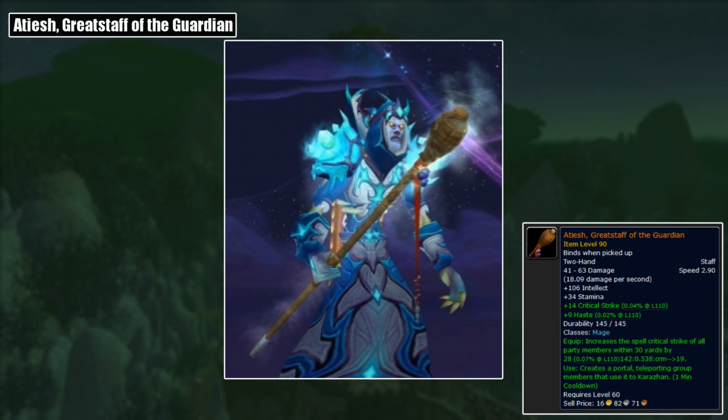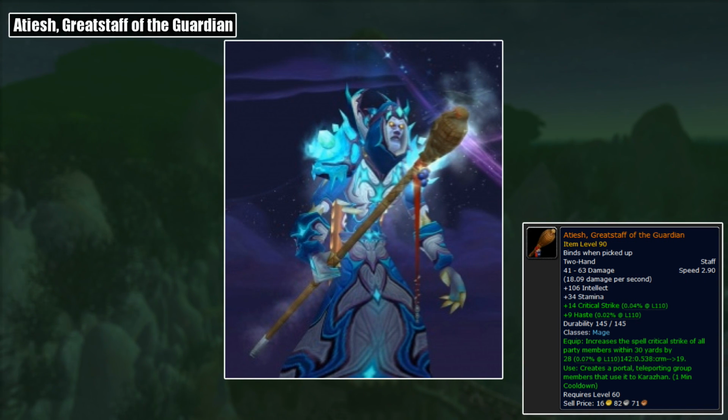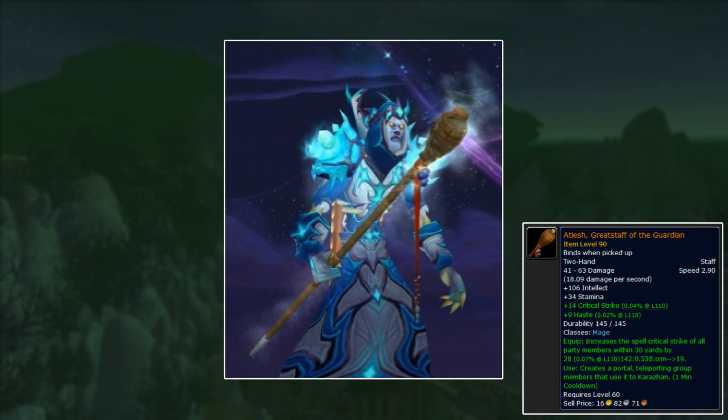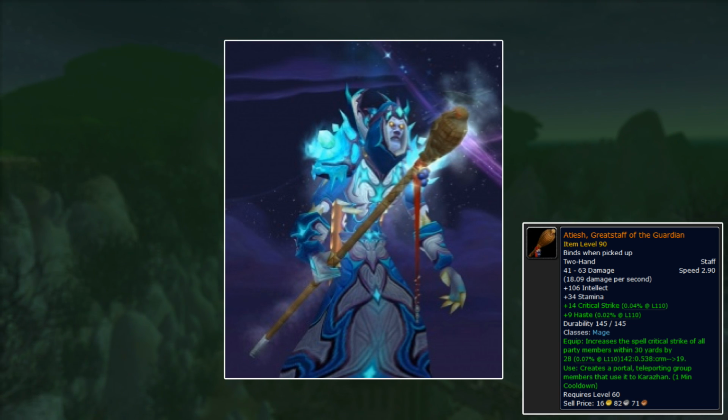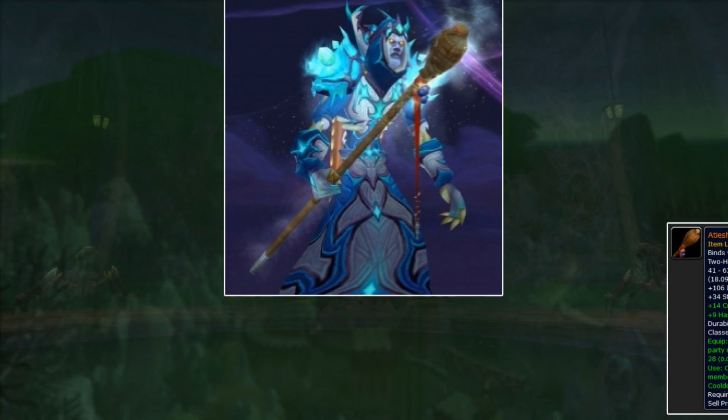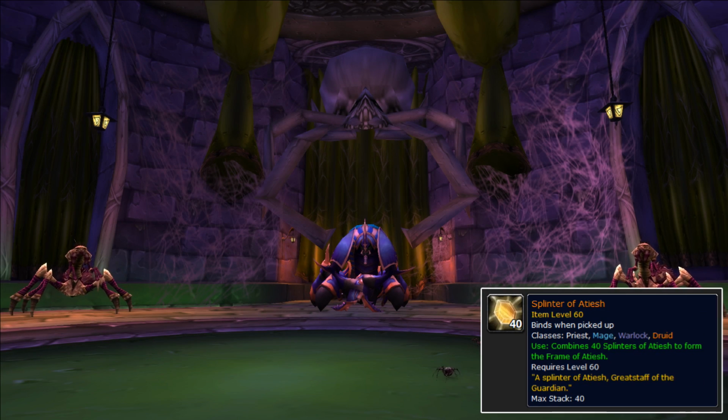Next up, we have Atiesh, or Atiesh if you prefer. I covered this in a recent video, but it does fit this list as it is quite rare. This was the caster legendary for vanilla. It was usable by mages, warlocks, druids, and priests. To get it, you had to loot 40 items called Splinters of Atiesh from the original Naxxramas 40-man raid, and